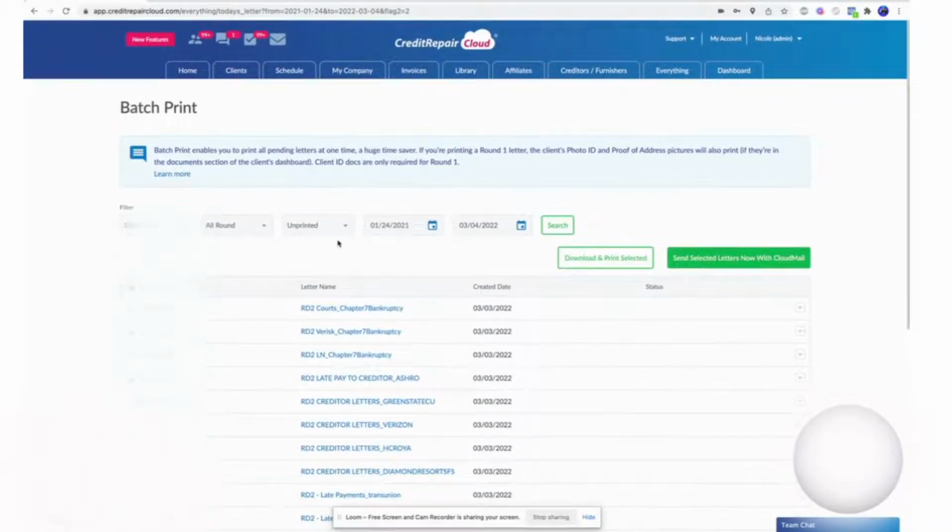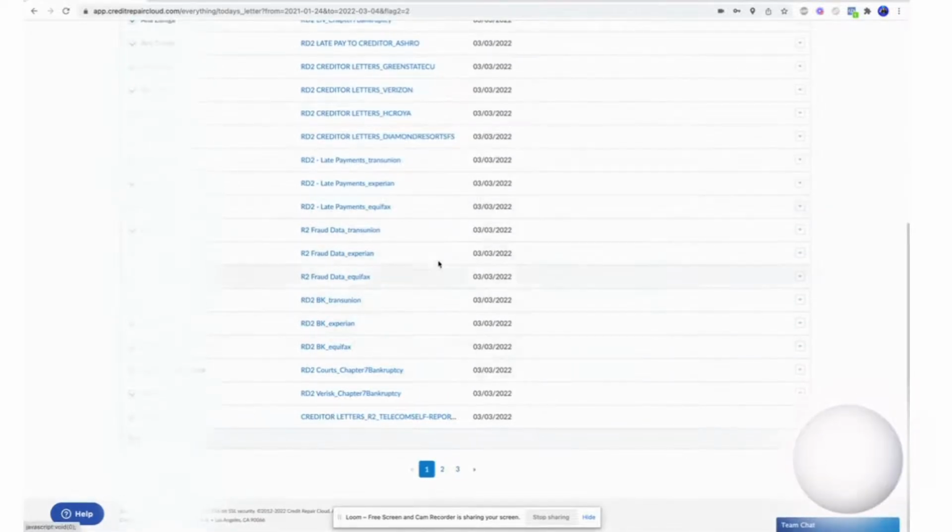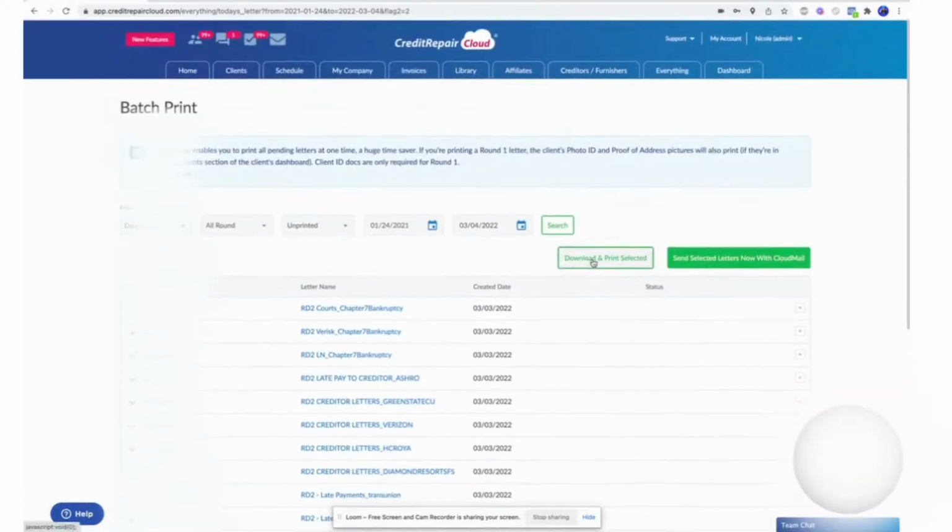Now you can batch print from this by either printing and mailing, which you can download and print here, right? So if you select all of these letters on this page, there's 20 letters per page, you can select download and print selected letters, okay? And of course you can filter up here, but that's not really necessary because these are all of your unprinted letters. So you want to download and print the selected letters, or you can print the selected letters with Cloud Mail,